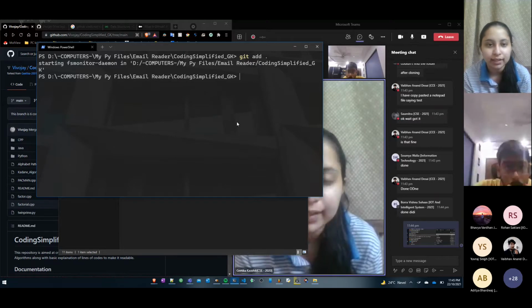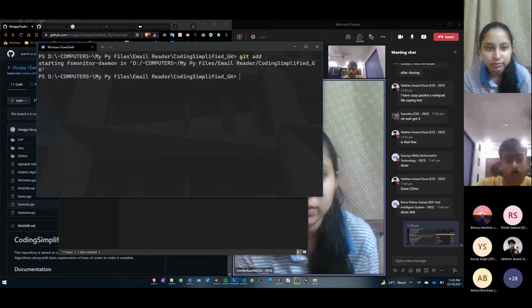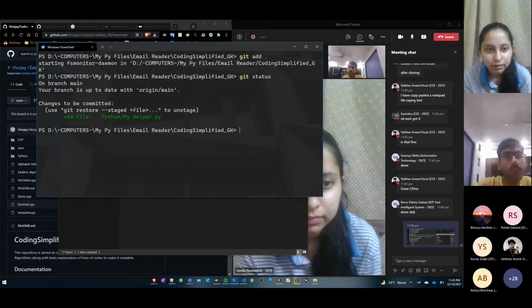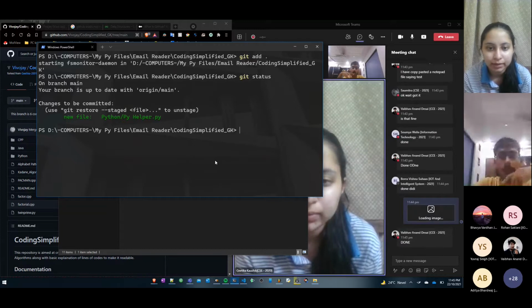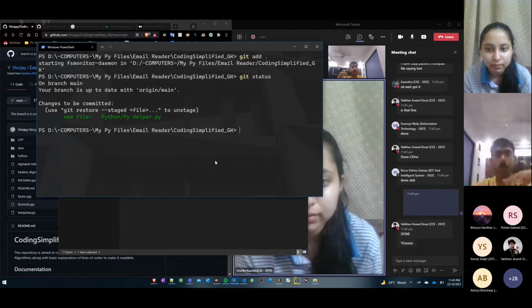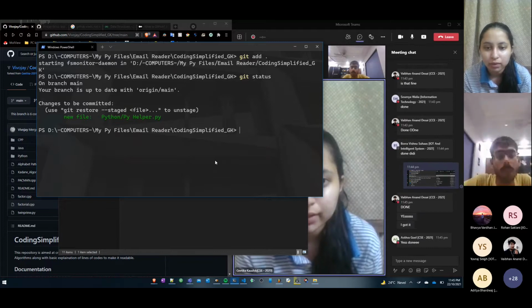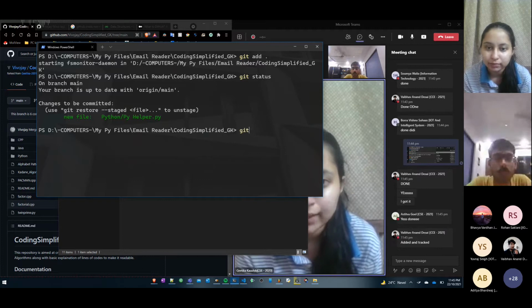Write git status and check if the files are tracked or not. It only says one file. Acha, okay, fine. Yeah, I added only one file. Whichever file you are trying to add should be tracked right now. It should be in green. If it is not in green, that means it is untracked. In that case, you can always check the status using git status. So if you have added it, good to go. We are ready to move ahead.